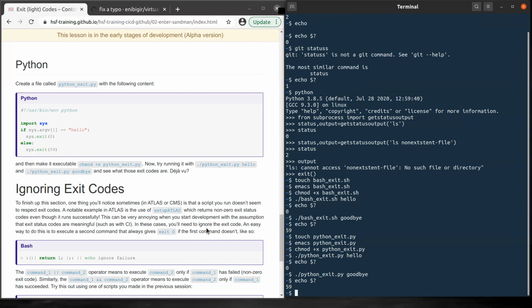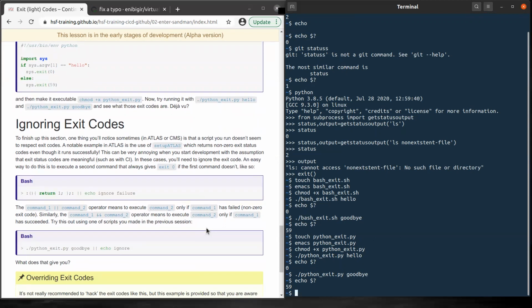This is okay in your terminal, but in a CI context this is important, because once there's an exit code failure, your CI will automatically stop running.